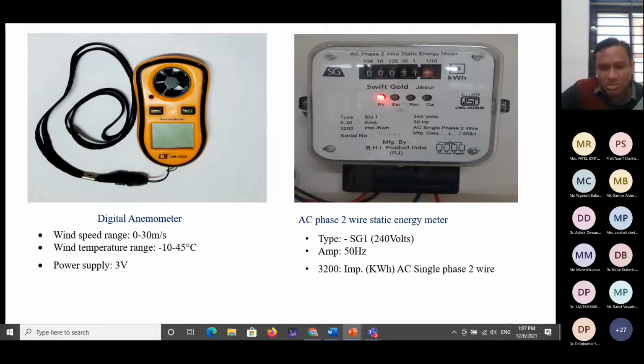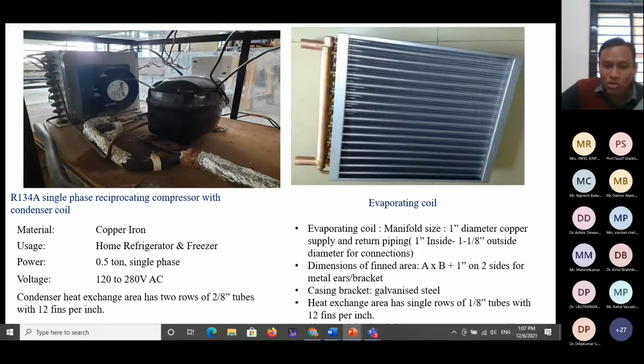And with these two-wire AC energy meters, we can identify how our air conditioning system operates without the desiccant system and with the desiccant system, and how much energy we can save. We can also maintain different flow rates with the help of the AC flow control switch, which controls the speed of the suction and exhaust fan.